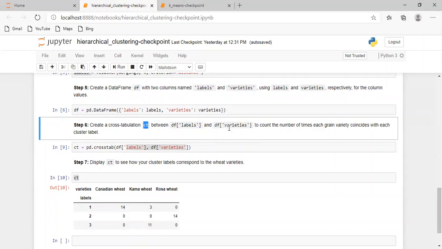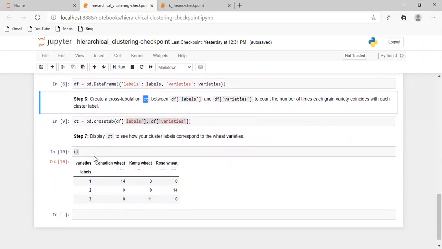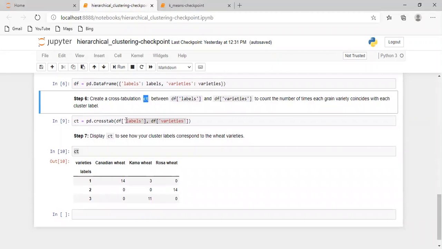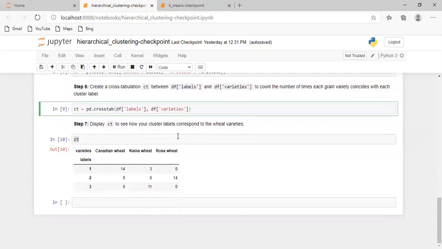Next, you create a cross tabulation called ct between the data frame labels and the data frame varieties, just to count how many times each grain variety coincides with each cluster label. So the cross tabulation is assigned these two parameters, that is labels and varieties.